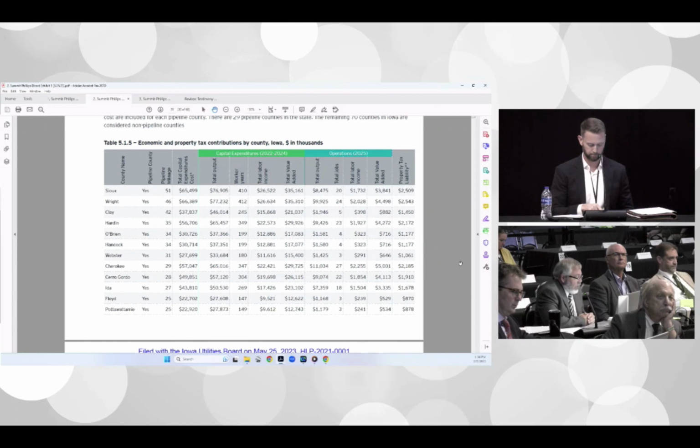So if we look at the line for Hardin County, it's going to have a pipeline in it. Obviously, there's 35 miles of pipeline, at least that's what the chart shows. Is that right? That's right. And total capital expenditures